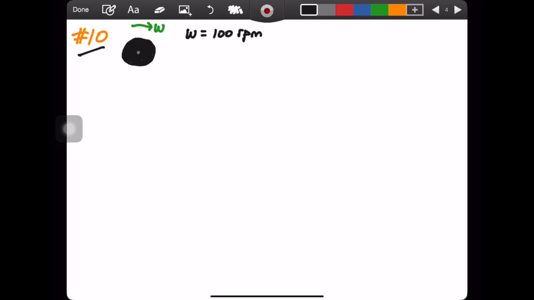In case you're curious, for a standard record player, the RPM is 33 1/3 revolutions per minute. Probably the second most common is what are called 45s, which are 45 revolutions per minute. So this is going a lot faster than a typical record player would rotate. We're told the mass of the turntable, which I'll call MT, is 1.5 kilograms. We are told the diameter of the turntable